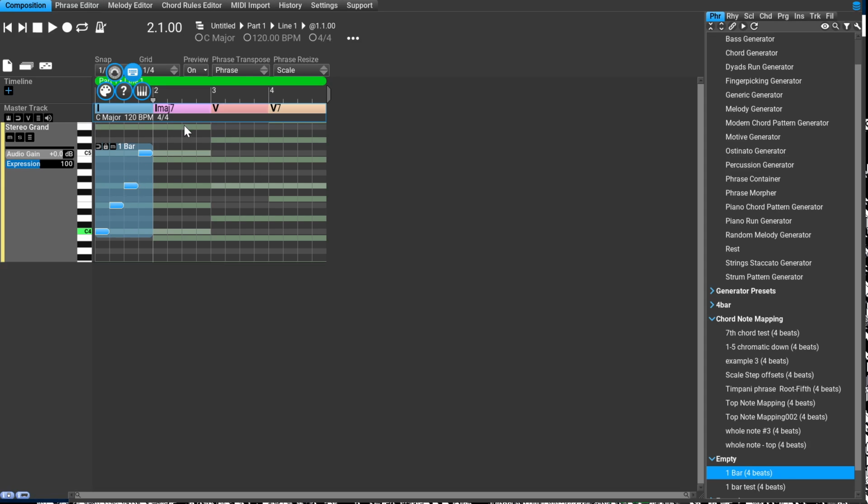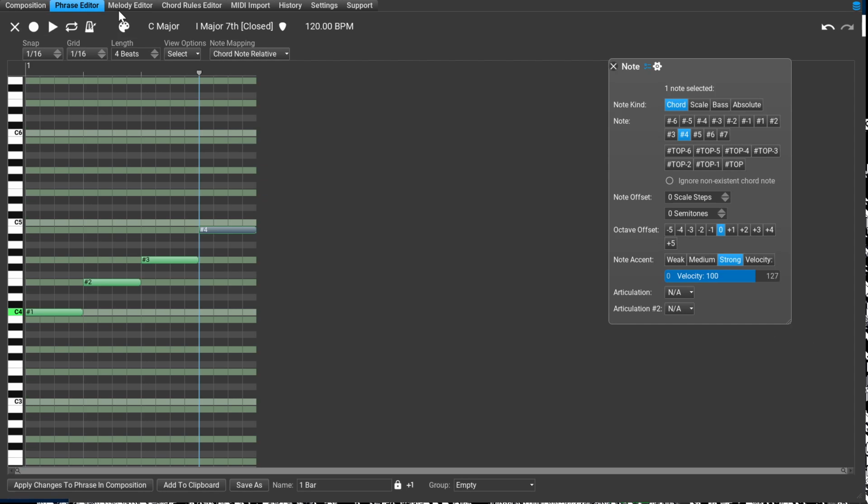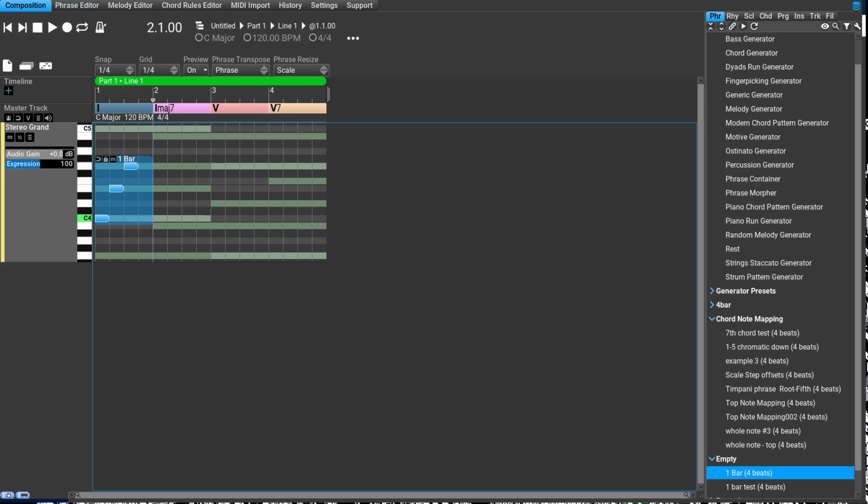But if you don't, let's go back to the phrase editor. We have the same notes, the 1, the 2, the 3, 4, which correspond to C, E, G, B. If I select this "ignore non-existing chord note," now I'm not going to see anything change in the phrase editor, right? But I'm going to hit apply changes to phrase and composition, and now what I see